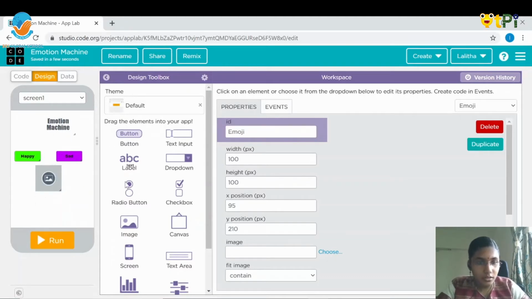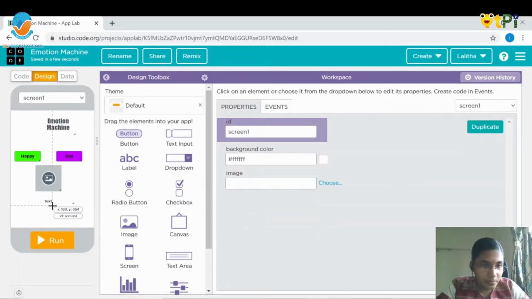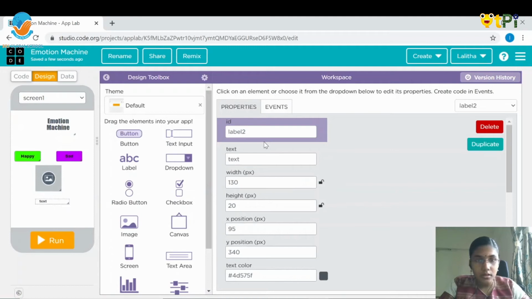Next we need to drag and drop a label. Let's make it a bit big so that it would be visible, and I would like to rename it as I am feeling, and the ID for this is feeling label.